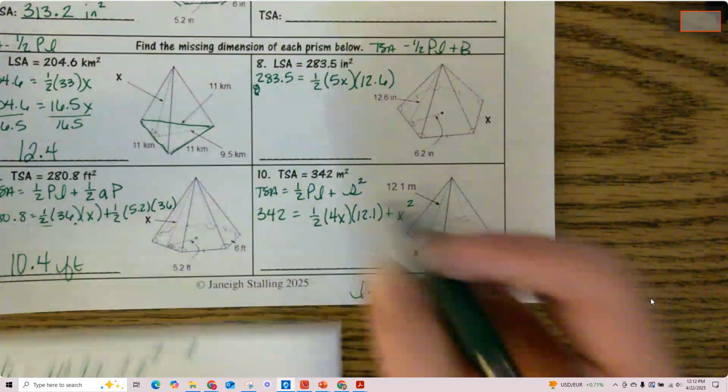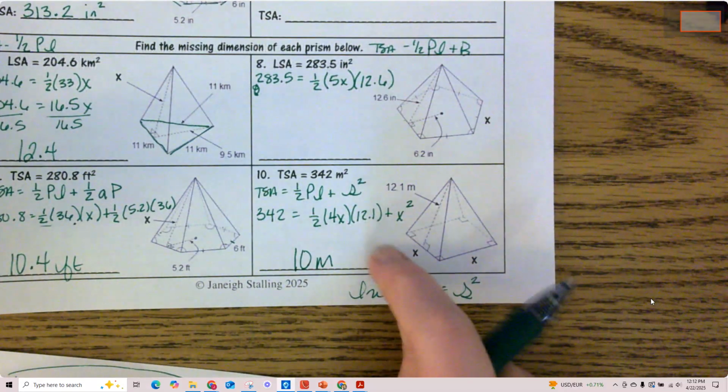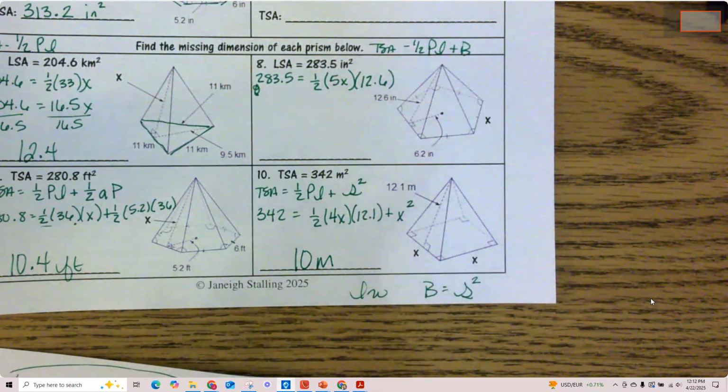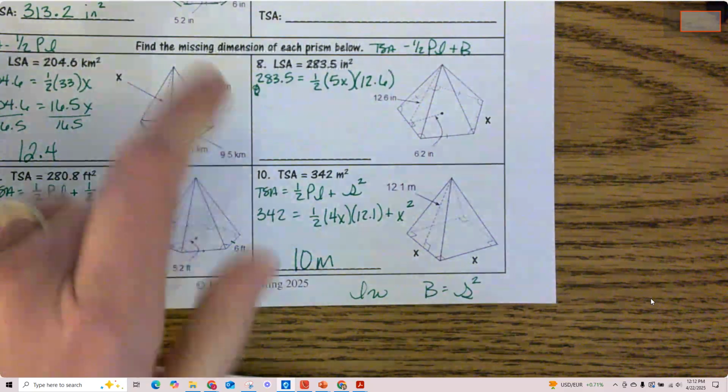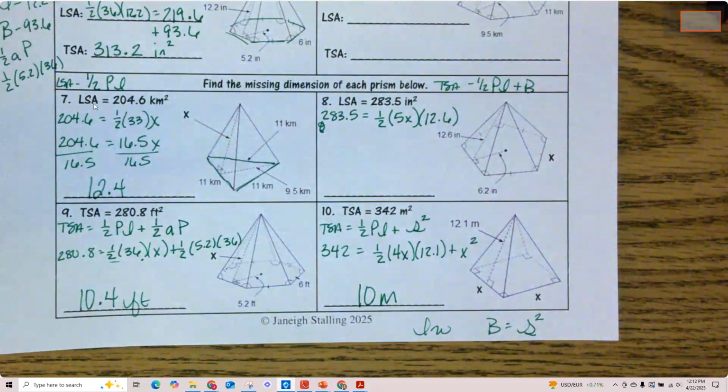There will not be one like that on a quiz. There may be a bonus question on the test. I might throw something like that in. There will be a lateral one on the quiz. I can tell you that. Okay. All right. So your